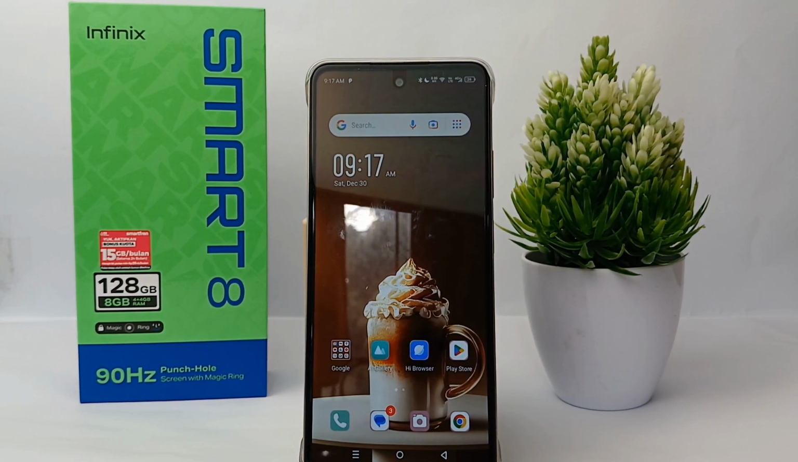Alright, so yeah, here's the tutorial on how to turn on adaptive brightness on Infinix Smart 8, and thank you